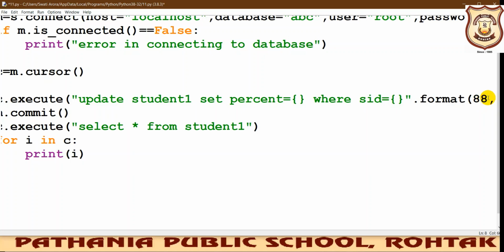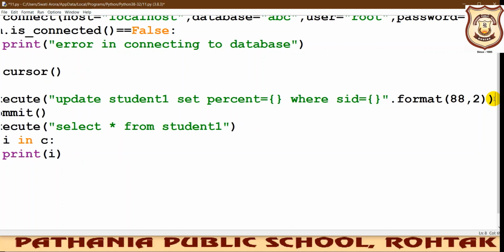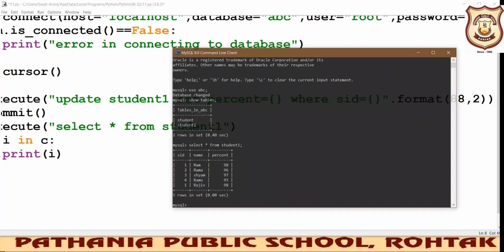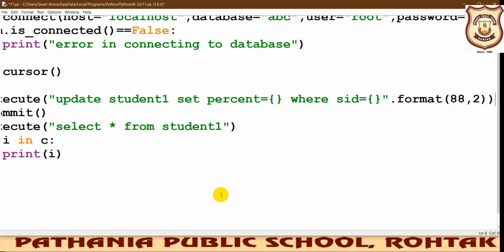Here we will be writing the roll number, the student ID of the student. Let us say 2. For student ID 2, I want the percentage to be changed. Earlier, you can check it from here, for roll number 2 the percentage is 96, but now we want to make it 88.